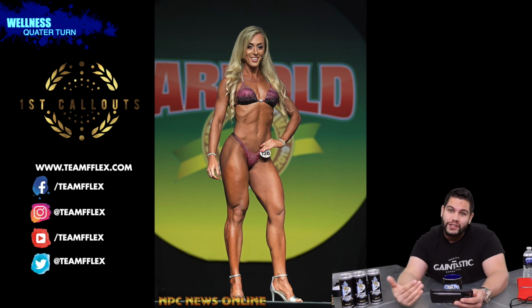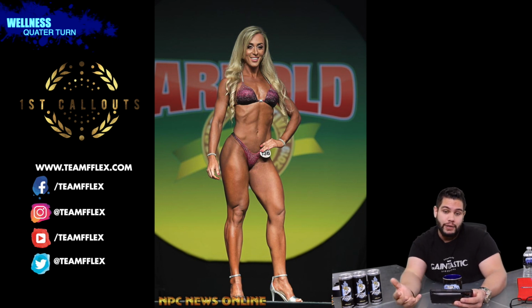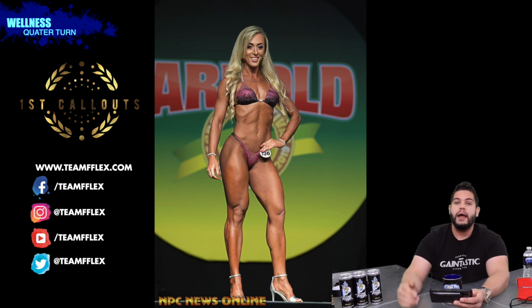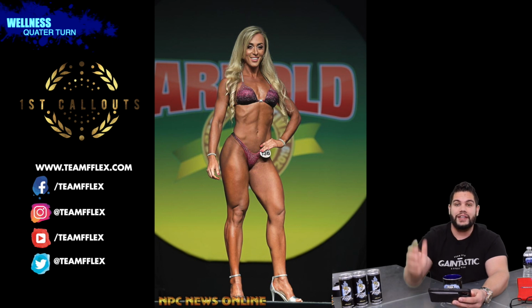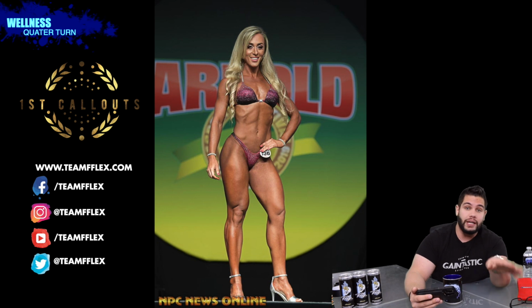In the quarter turns, it's going to be more the same thing here. They want to see, obviously, some glute coming in, some hamstring coming in, some quad from the side, and how does that match the upper body, right? So they're looking to see your shoulders, your arms, all that. Back pose is again the same as the front pose, upper to lower symmetry, and then that other quarter turn is going to be the same thing, where they want to see the shape, the size, what's going on here. Does everything match? Bodybuilding is symmetry,